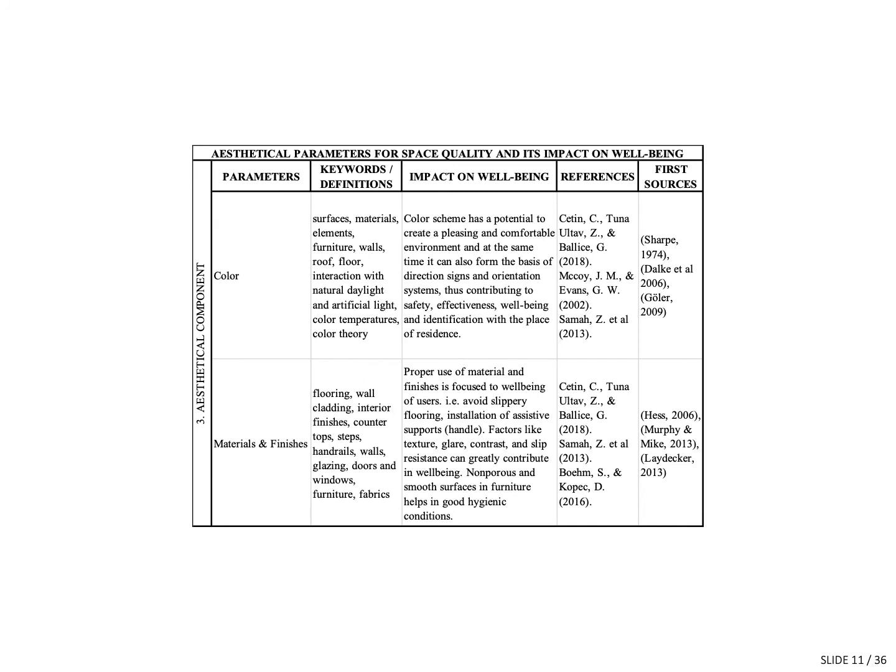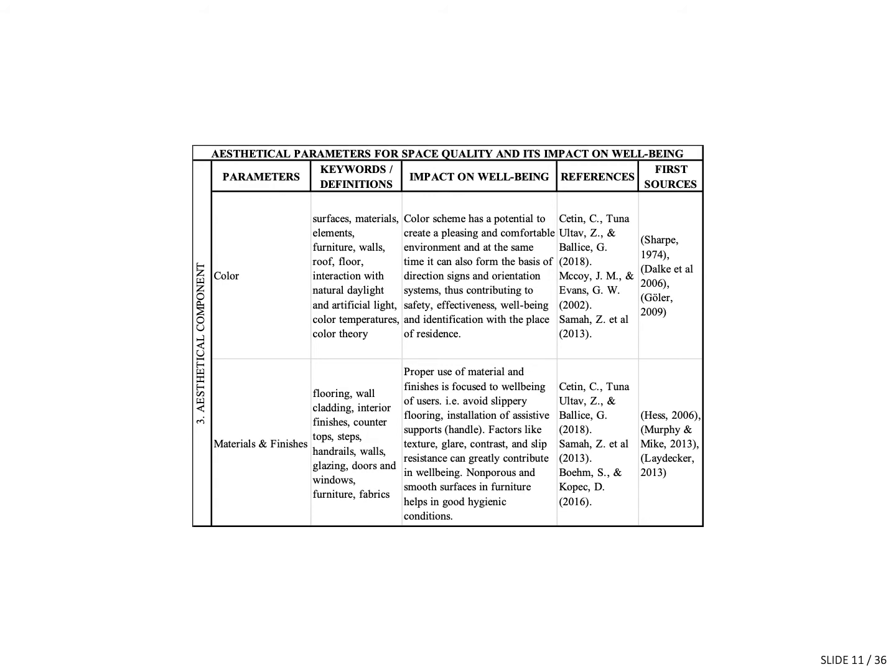The parameters in the aesthetical component are color, materials, and finishes. Color can have a lot of impact on the visual aspect of a space, but it also has impact on human well-being within a space. It can cause orientation clarity within a space, and it can impact the safety of persons by helping in signage and effective communication and user awareness within a space.